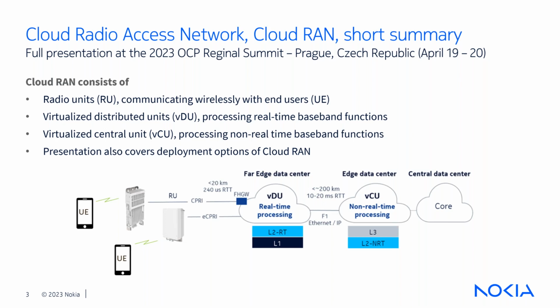The same PSUs that are powering the servers will power the fronthaul gateway, and the same management RMC can collect management Ethernet from the fronthaul gateway, so it's fully compatible with the same chassis and